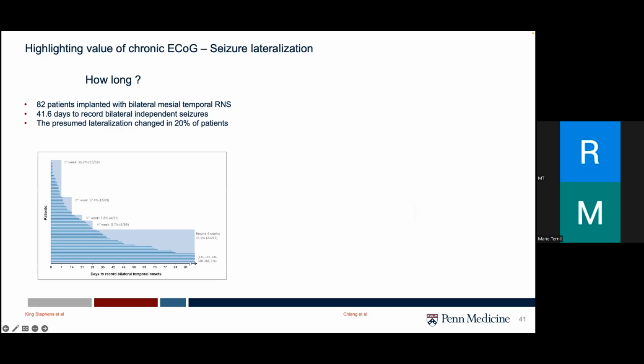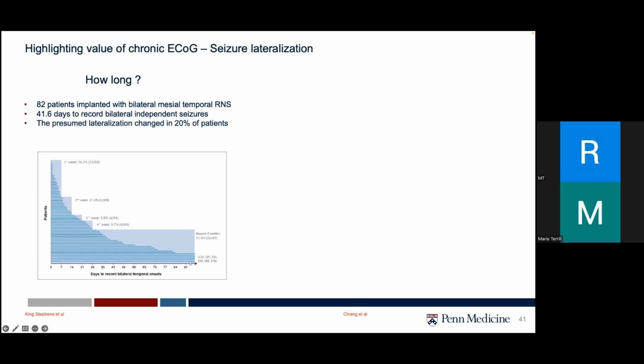So looking at a few of these in detail, I think in patients with bitemporal epilepsy, the ratio of seizures coming from each side plays a crucial role in determining who would be an appropriate surgical candidate, right? And the seizure laterality ratios that we get from our inpatient video EEG monitoring don't accurately correlate with those obtained from chronic recordings. Now, one critical example of this is the value of chronic ECOG in mesial temporal lobe epilepsies. We know that sometimes, nearly 14% of the time, mesial temporal epilepsies can be a